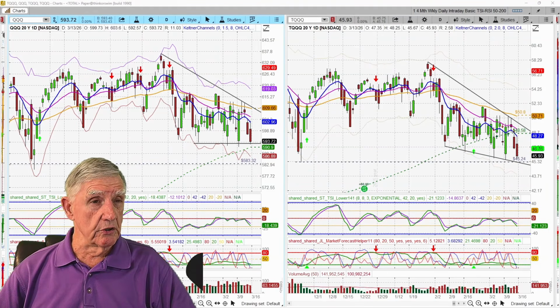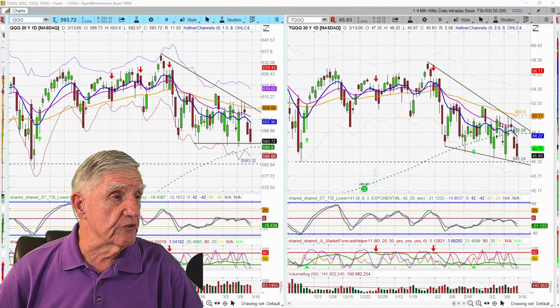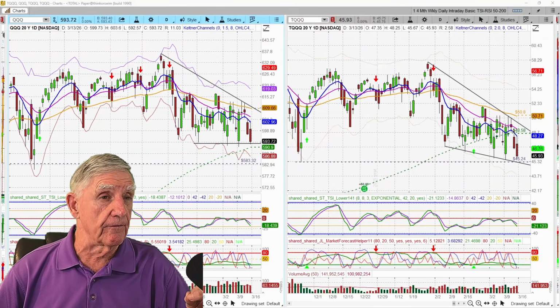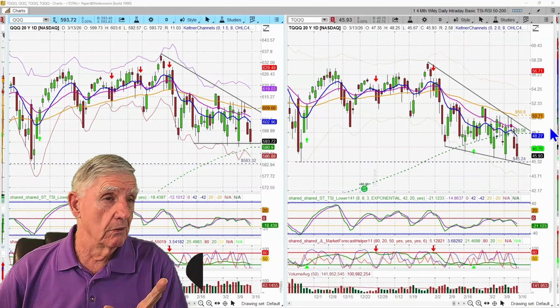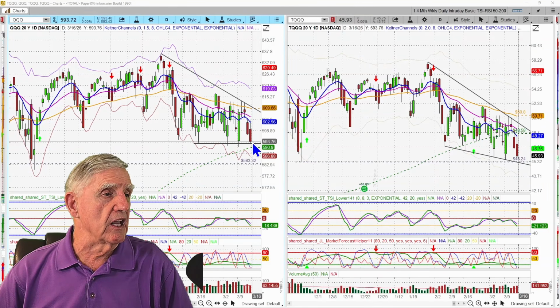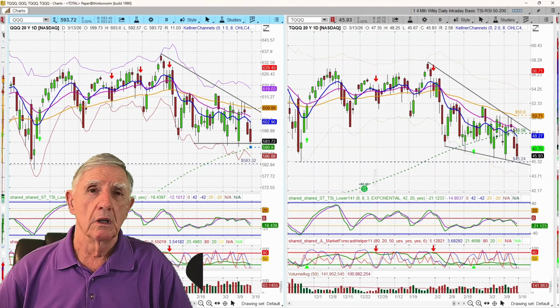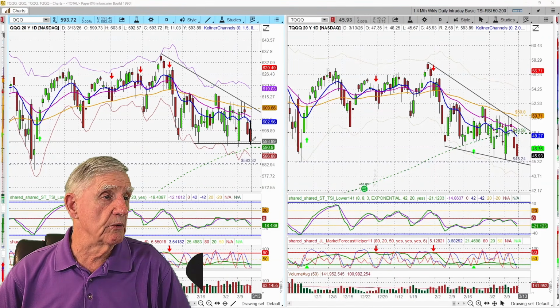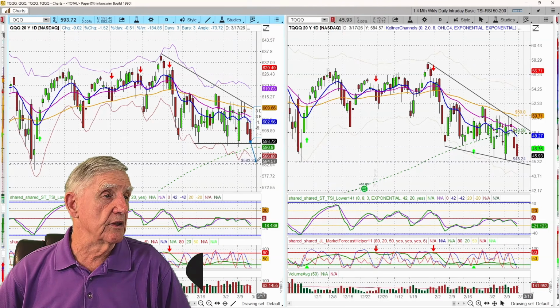Okay, step number 2 is to find the support and how far it is away from the current price action on the Qs. If I go here, we finished the day on Friday about 593. I just take my closing price, and I extend it down to that level there. And that gives me a move of about